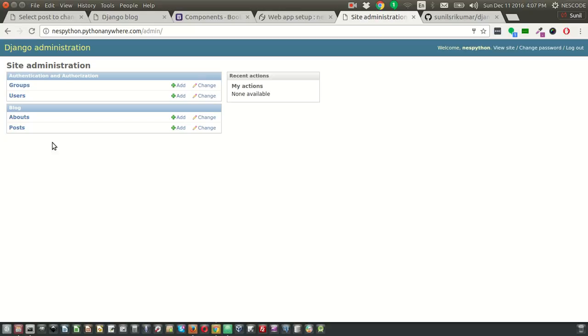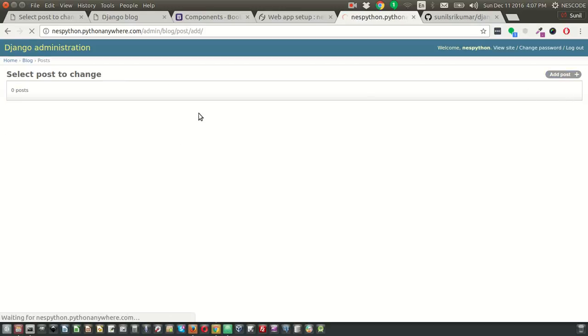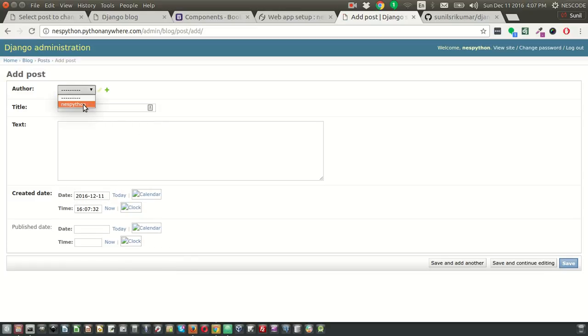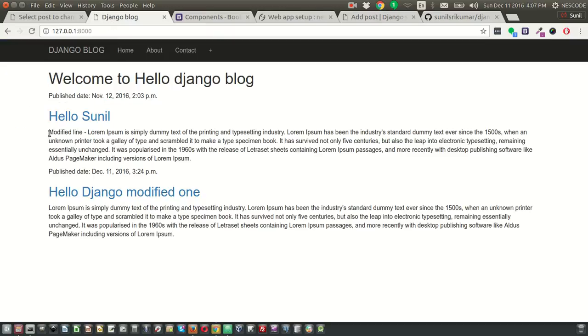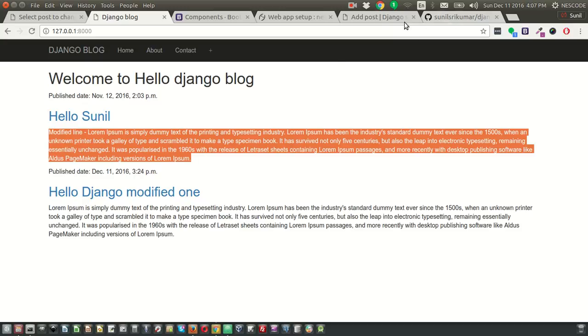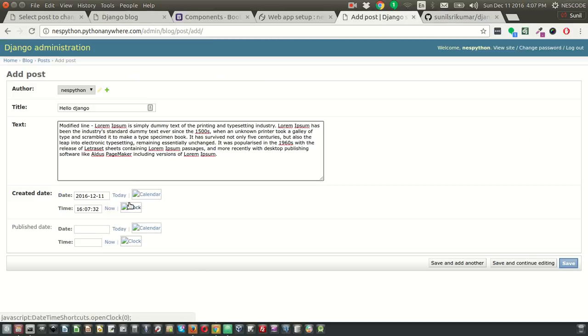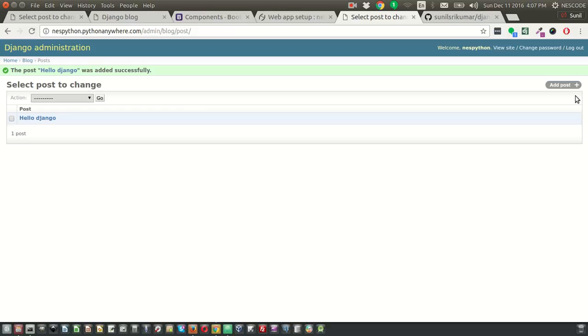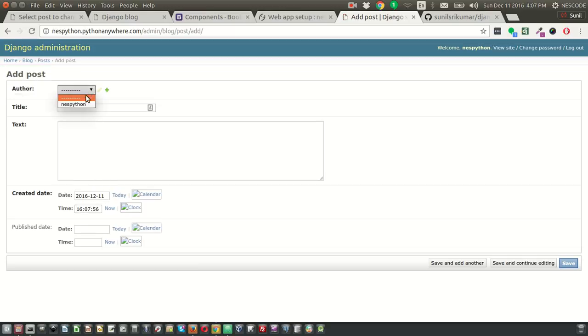So this is where I have all my files and folders. Now let's add some posts here. So click on post and click add post. Let's say author is going to be Nest Python. I'm going to say hello Django, and in text let me copy this dummy content and paste it into this, and today now, and save it. Let me add another post, and this time I'm going to say